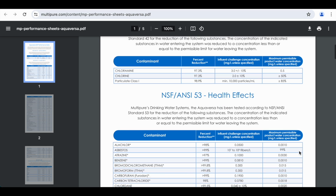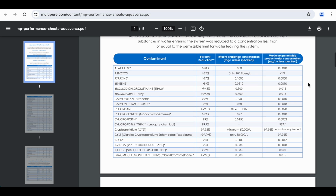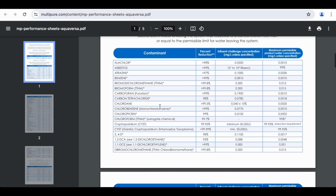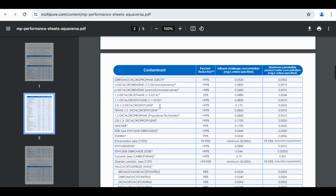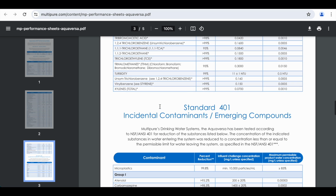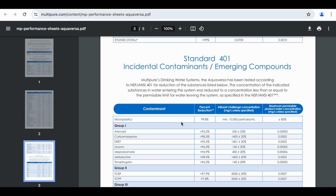And then for NSF 53 health effects, you can see all of these different things that it will filter out here, and there are a lot of them. And you can see many of them are greater than 99%, but they're all very high amounts that they get rid of these different types of things that could be in your water. So you see those. And then standard 401, and you can see here that that even includes microplastics,